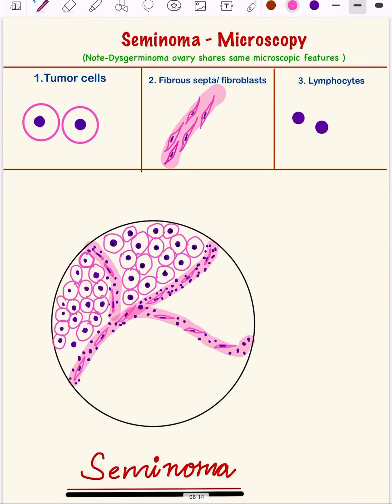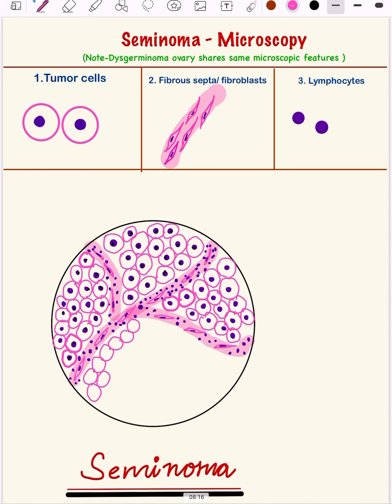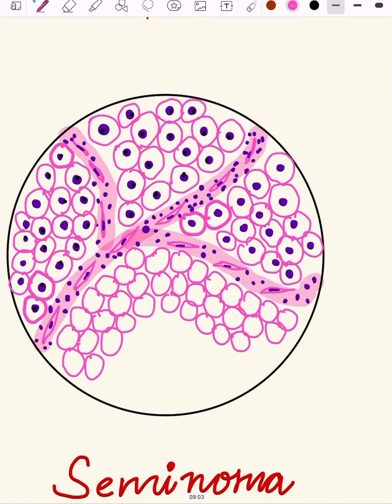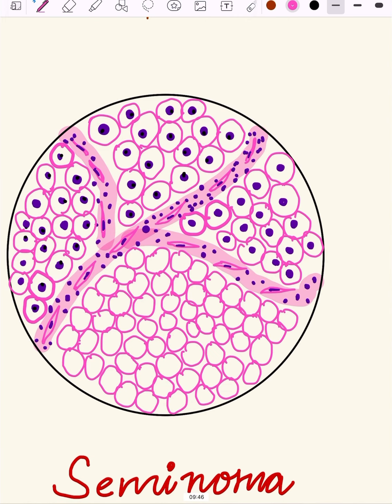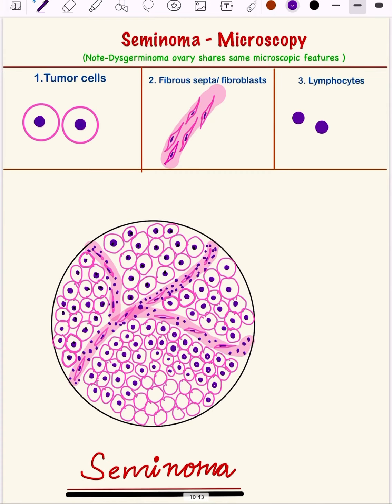So this is all about the morphology of seminoma, that you just make the tumor cells, lobules of tumor cells separated by fibrous septa, and the septa is infiltrated by the lymphocytes. So in this way you complete your diagram by drawing all the tumor cells, all these rounded tumor cells. You make the nucleus and the nucleoli,